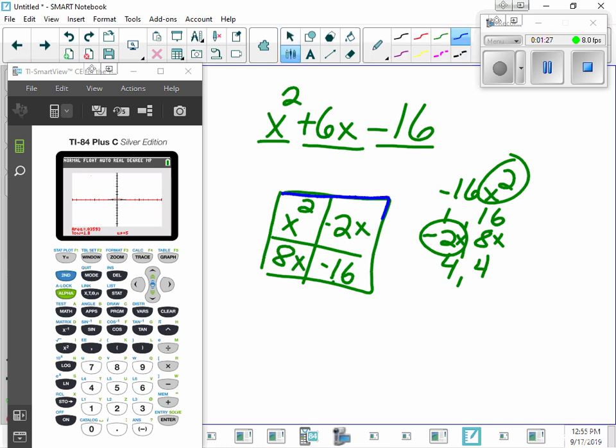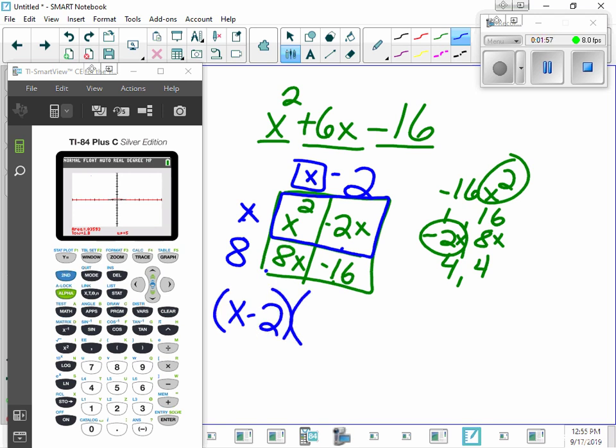And then we look at the top row. What does the top row have in common? What can we factor out? X. And then x times what is x squared? X. And then x times what is negative 2x? Negative 2. And then x times what is 8x? 8. So my answers are x minus 2 and x plus 8. That is a review of the first half of 2.5. Okay? Now,